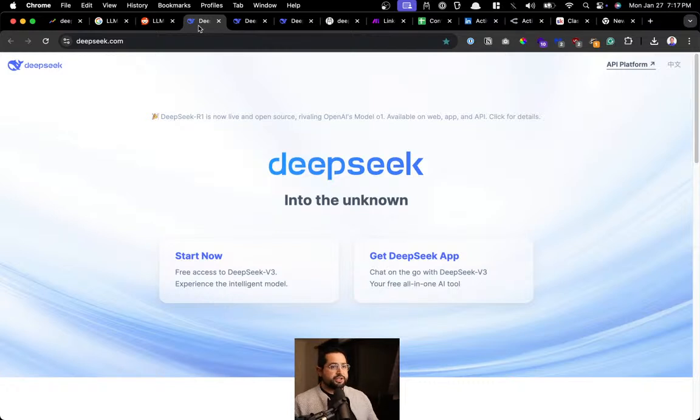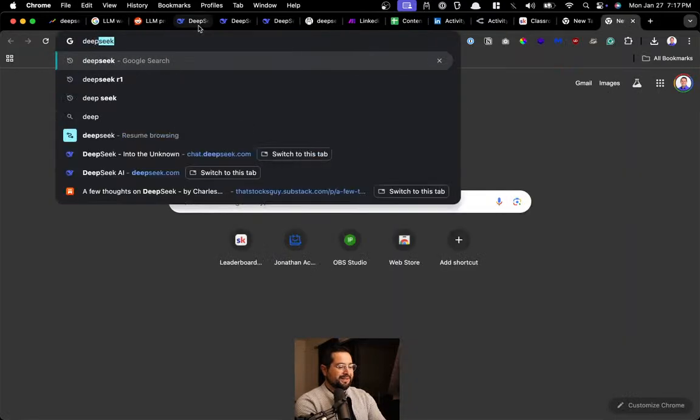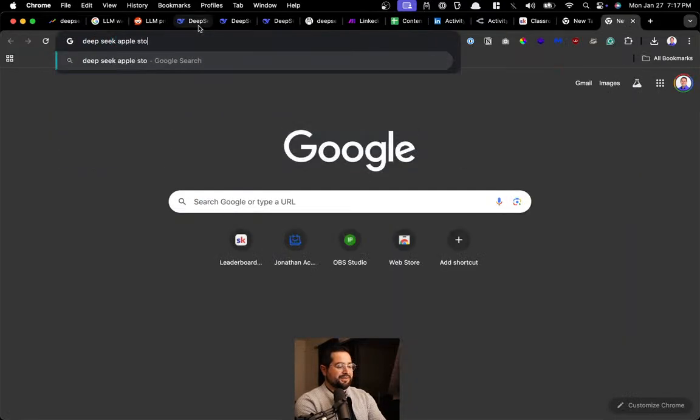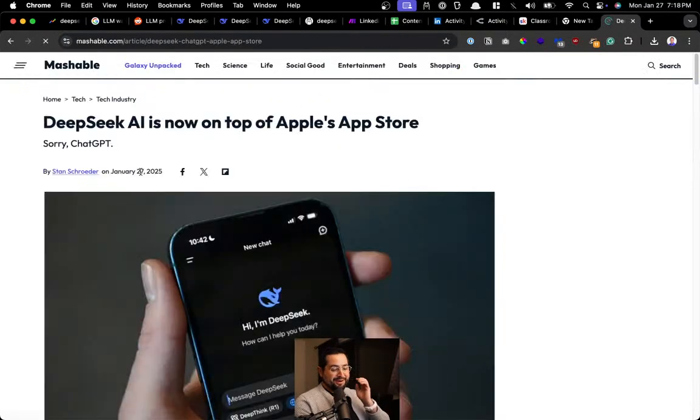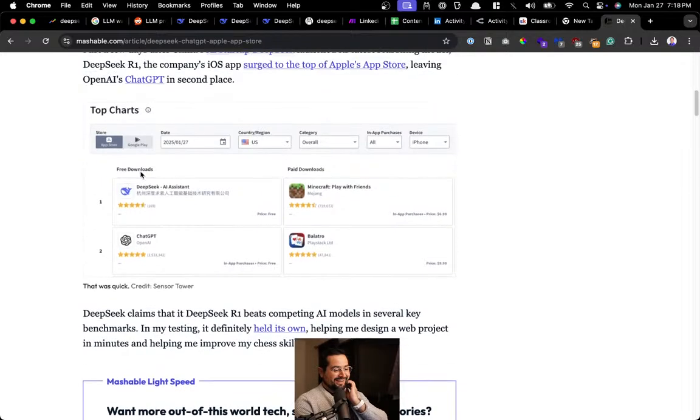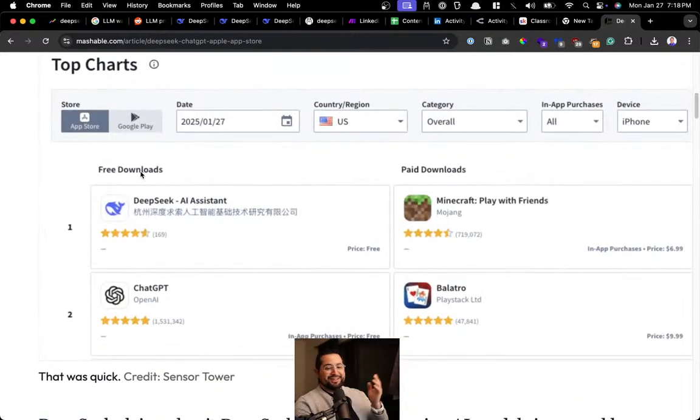It functions just like ChatGPT, and it's so fast too. You could also download the Deepseek app, which is now at the top of the Apple Store, which is funny. So you can download it as a mobile app.